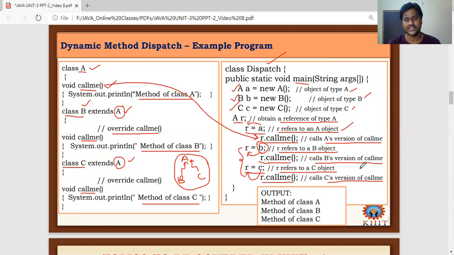So if you understand the point of dynamic method dispatch, a superclass reference variable can be assigned a subclass object, and when we use this reference variable to call members, it calls those of the object it is referring to right now. That is the point we clearly specified in the previous slide about dynamic method dispatch. As output of these statement executions: the method of class A, method of class B, and method of class C. Got it? Understood? Clear?